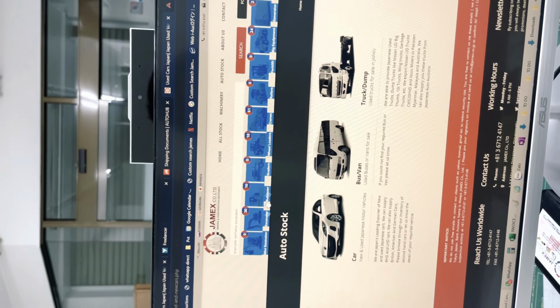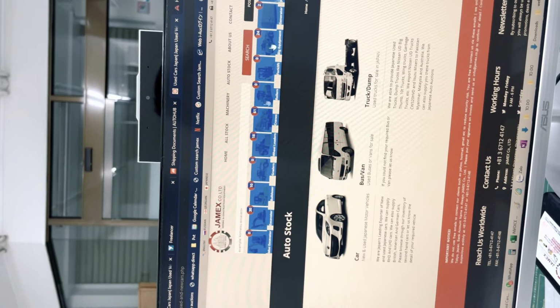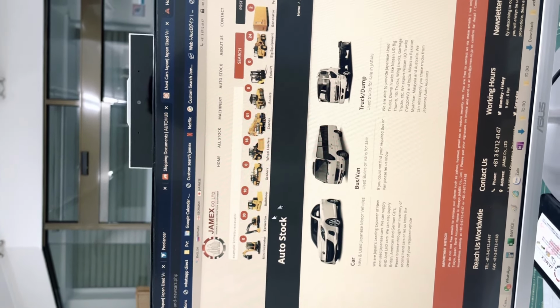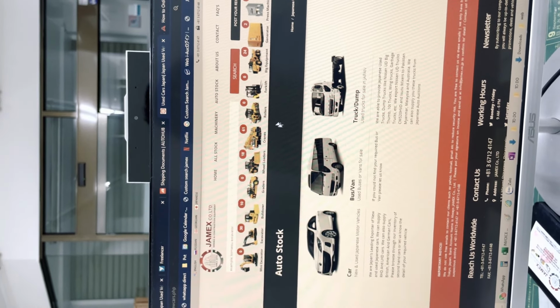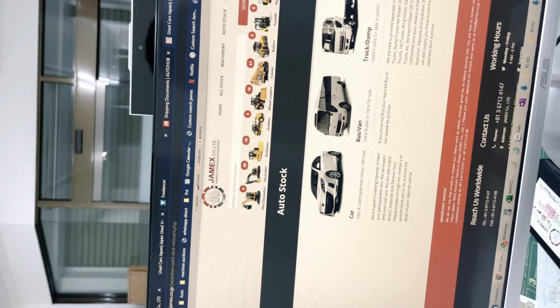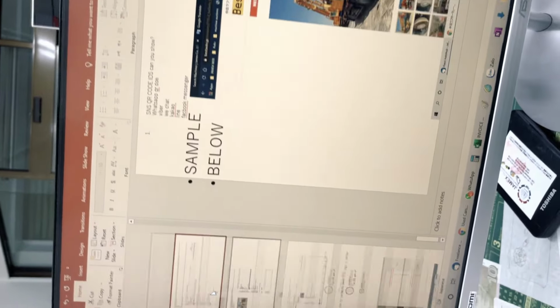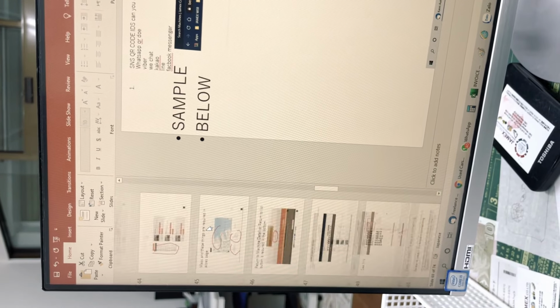Here there are hundreds of different types of cars like sedan, SUV, and in bus we have bus, van, different categories, and even in trucks we have so many different categories. So these categories should appear, you know.